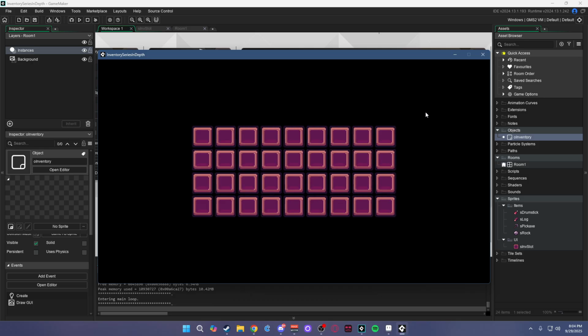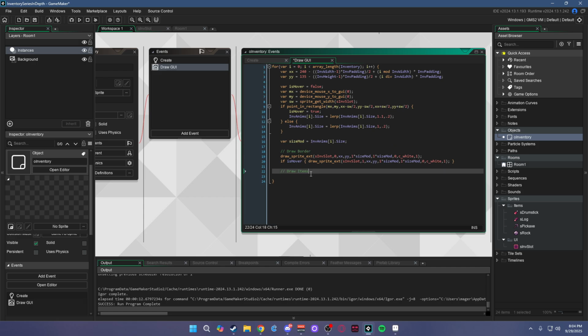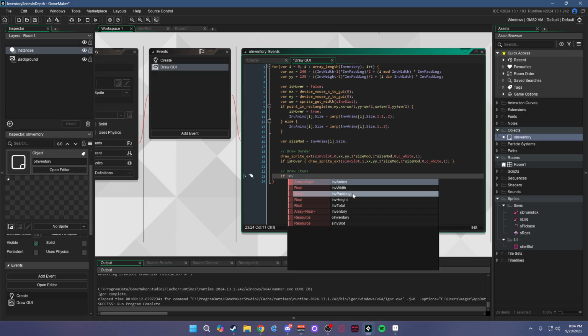Now, we have the inventory, and it's rendering. We just don't have items. So we're going to say draw items. And actually, while I'm here too, we're going to say draw border with that comment. But we have no items to draw yet. But we're going to say if inventory, oops, not inventory